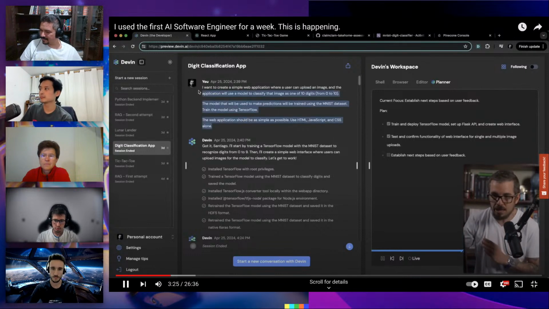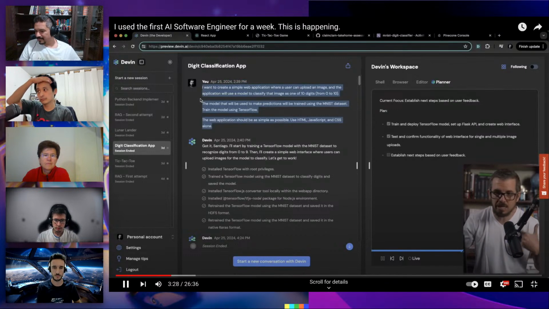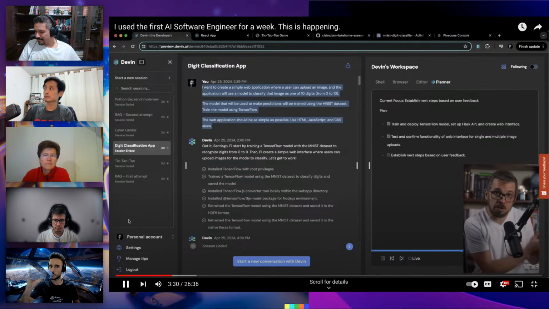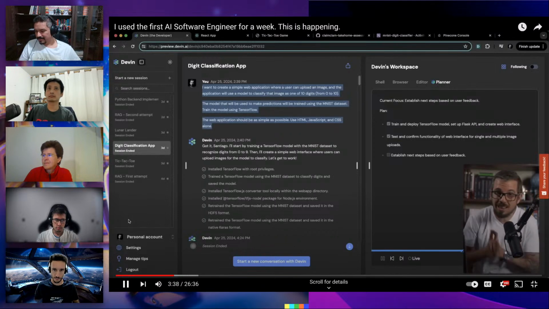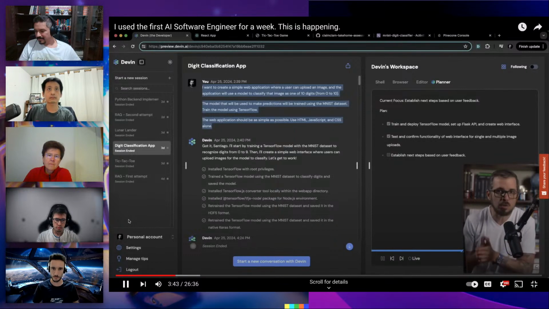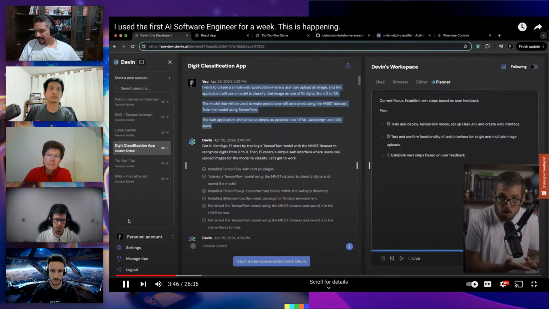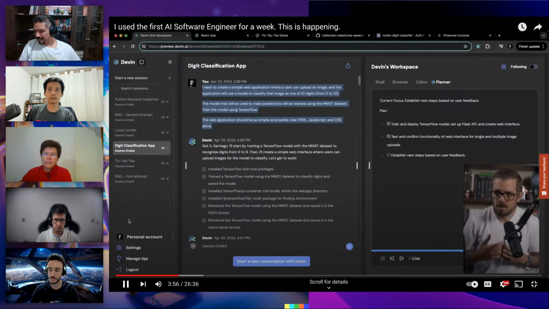classification application. Here is the prompt, the initial prompt, how I describe my project. I wanted to create a web interface to upload the image of a digit 1, 2, 3, 4, 5 and have the application classify that image and tell me what that digit was. Obviously, I wanted to use TensorFlow to train a model to recognize those digits. I gave Devin a hint to use the MNIST data set. It's a very common data set when you are starting with machine learning. It's very popular. That is going to help the model learn what a digit looks like, what a handwritten digit looks like. That was my prompt.